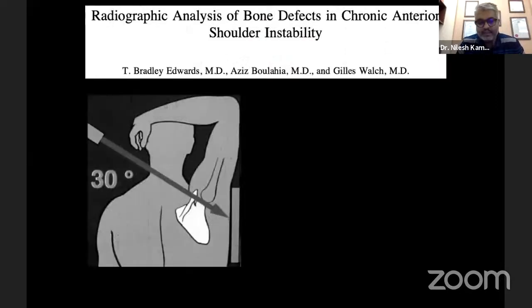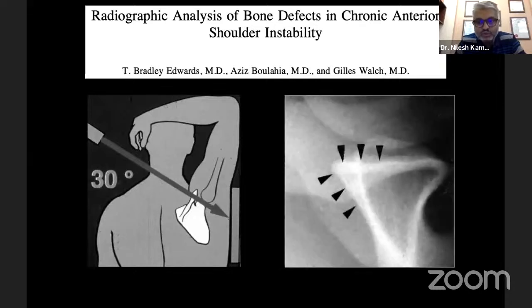If you're looking at plain X-rays, and this is for those people where CT might not be available or there are massive financial constraints, that's where you can think about the Bernageau view. Now, I routinely don't do this, but it's a worthwhile view. And how do we do this view? It's simply because the beam is at 30 degrees to the horizontal. The patient is asked to keep his hand in an overhead position, and the X-ray plate is kept along the torso, and you have a shoot through.